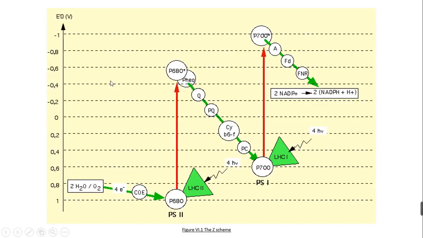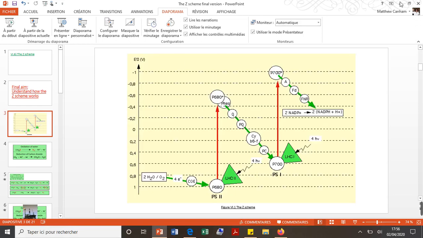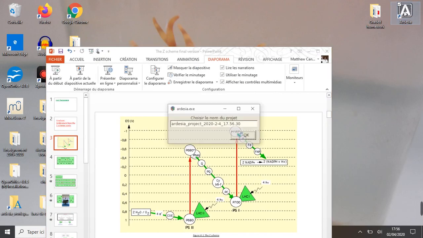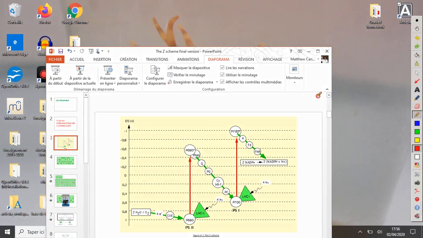Okay, here we go. So we're just going to explain a few things to start off with. This is what the Z scheme looks like, and we are going to just state the things you already know. And to do so, I'm just going to take my pen tool device. Okay, so on this diagram